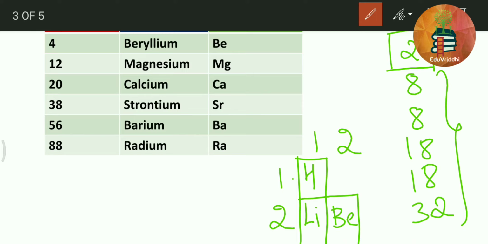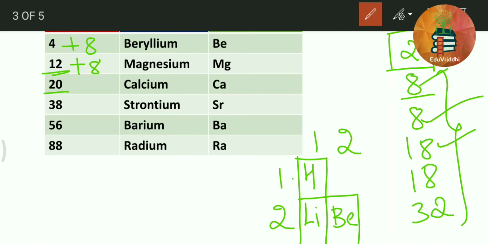So let us find out the atomic number now. We know that the head of the second group family, that is beryllium, has atomic number 4. And to find the other atomic numbers, we will go on adding these magic numbers. At first we will add 8 to this 4, so we get the atomic number as 4 plus 8 is equal to 12. Next add the second magic number, that is 8. We get 12 plus 8 is equal to 20.